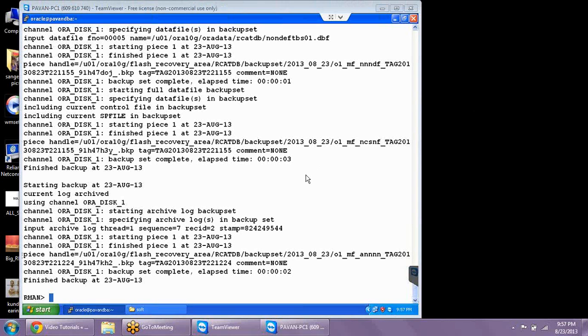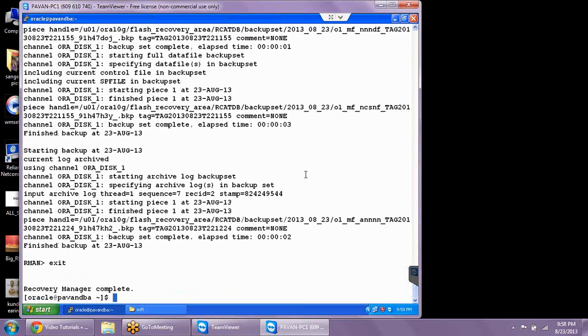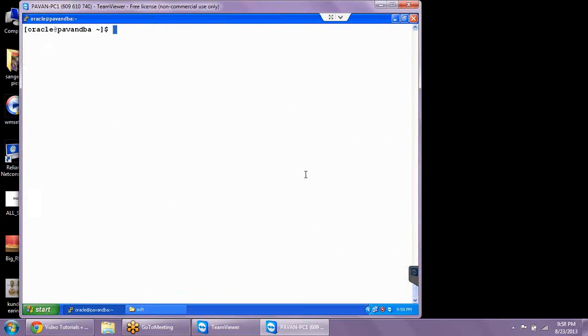Okay, so the backup got completed. So after completing the database backup, in applying this patch set, what we require is we need to take the backup of Oracle Home also. For that, we don't have any specific commands. What we are going to do is we are going to execute this command